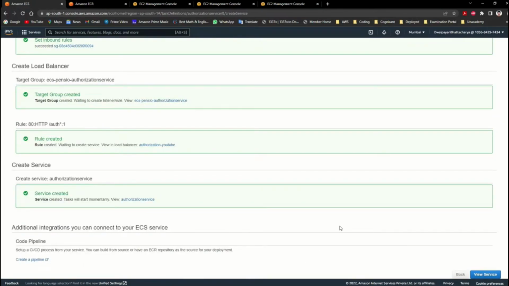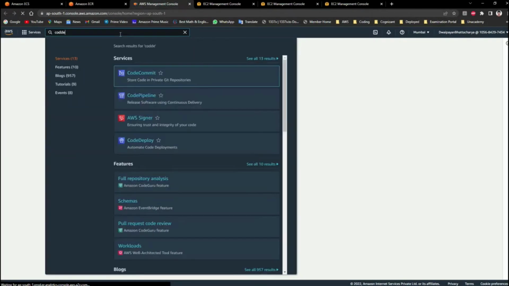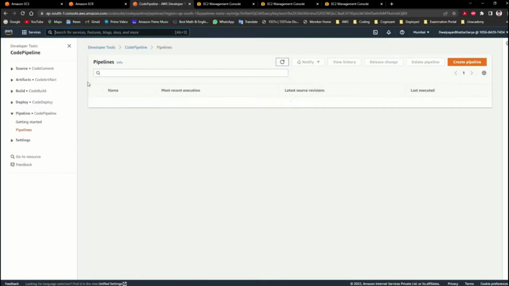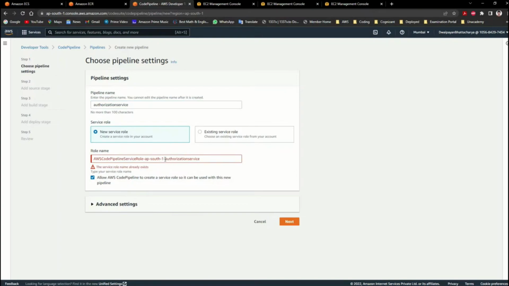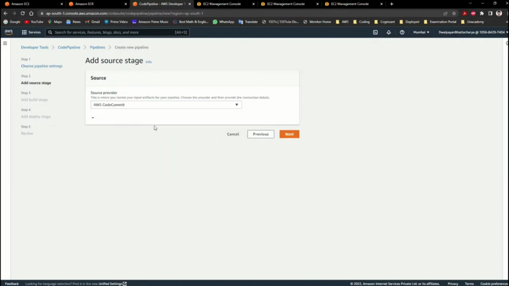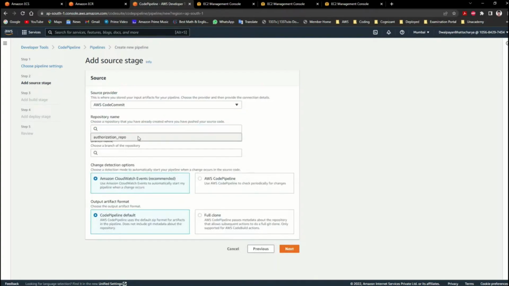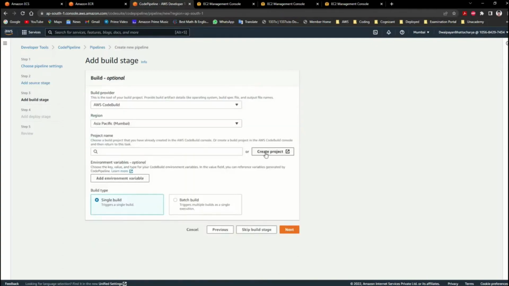Now service has been created. Now we proceed with creating the pipeline. So go to a new Amazon tab, search for code pipeline, click that, create a pipeline, name authorization service. Next. Source provider CodeCommit, repository name authorization repo, branch name master, click on next, build provider CodeBuild, create project,